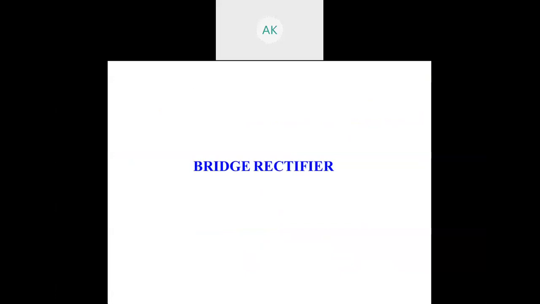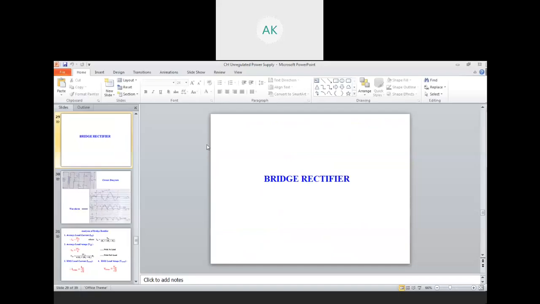Okay. So guys, next time we will start the bridge wave rectifier. What are the problems associated with a full wave rectifier, and how to overcome them? We will take a discussion on the bridge wave rectifier. So I conclude that the full wave rectifier, its working operation, its analysis, and the numericals are covered. Based on that, you have to attempt the theory questions and numericals.